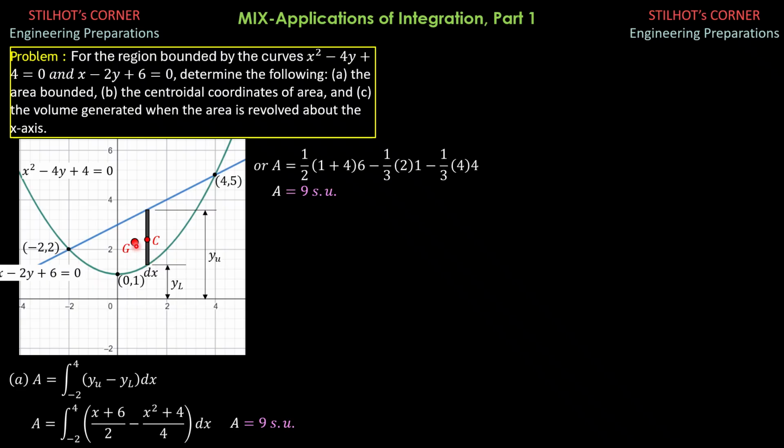Coordinates of G therefore are xg comma yg. Now x sub C is just x as in the figure. The general formula is x of the upper part plus x of the lower part, which is the same. So the average of that is 1 half of x of the upper part, which is just x. X of the lower part is also x. So that is x.